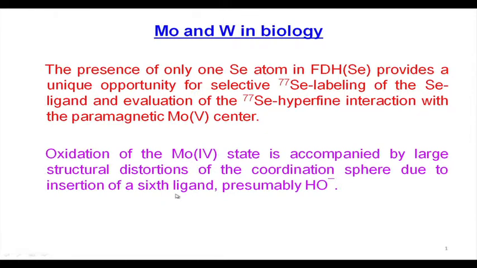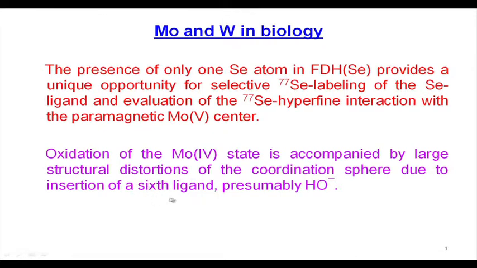That is the answer to what we have been discussing so far. When we have the center in the low oxidation state, it can be stabilized by a smaller number of donor atoms. When we move towards the high oxidation state, you put in more and more donor atoms. So, if molybdenum 4 is stabilized in a 5-coordinated environment, definitely molybdenum 5 will prefer to have another ligand,